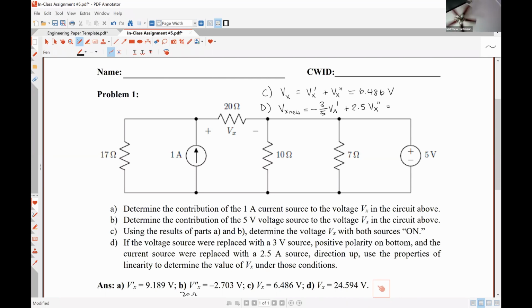That's the beauty of linearity and superposition. So let's store this. So negative 3/5 Vx prime plus 2.5 Vx double prime is equal,